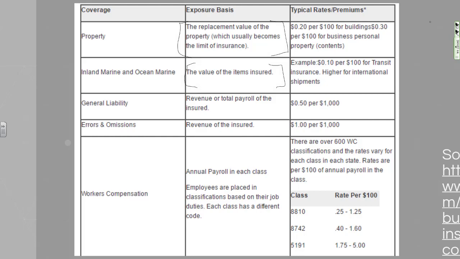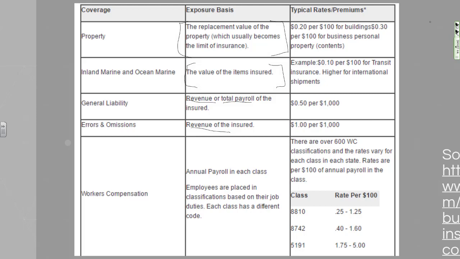With any property coverages and inland marine and ocean marine, the exposure is limited to the value of the property being insured. But as we know, since liability is third-party coverage, the exposure basis is really not limited. It's dictated by the amount of damage you cause to other people's property or bodily injury by your own negligence. But one way of setting the exposure basis for general liability and errors and omissions is the revenue of the insured. With general liability, as we've discussed before, another way is total payroll. The idea being that the larger the revenue or total payroll of the insured, the greater their exposure to a